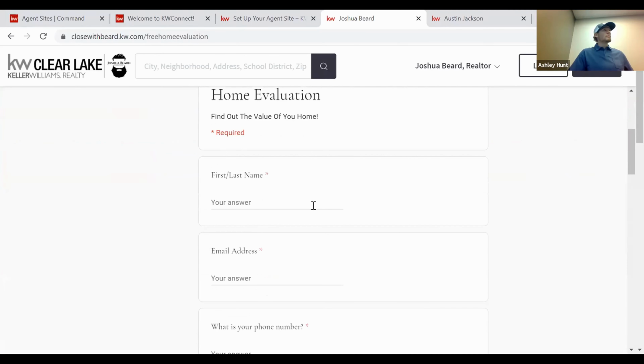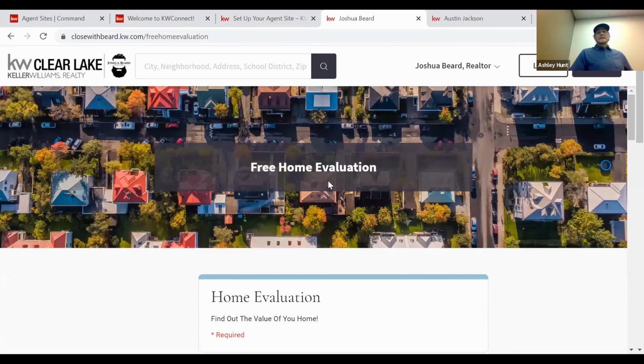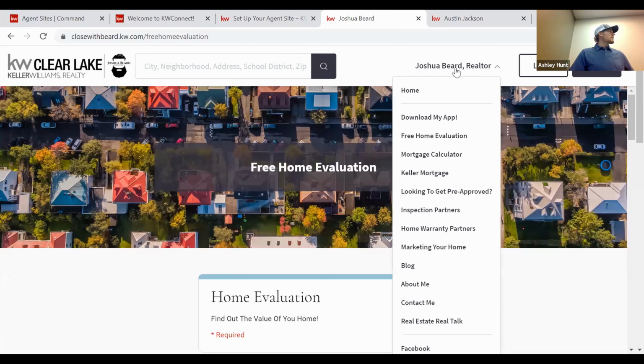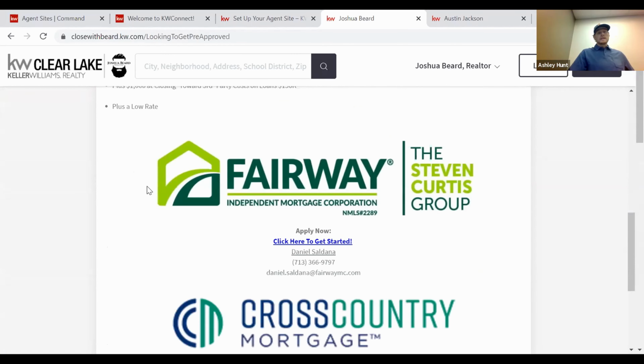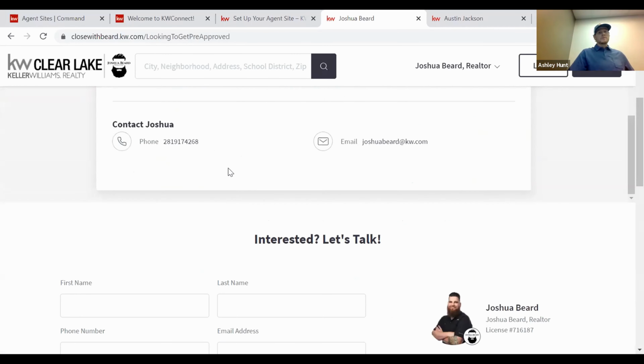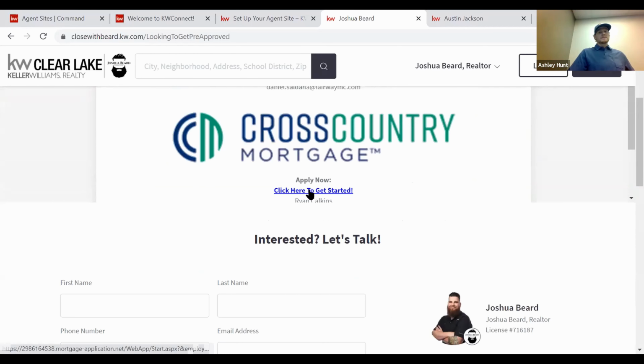So he's got a Google form that he's embedded in here that you can go through and add. He's got a lot of stuff that are beneficial and that are things that kind of add value. However, you don't have to do all this stuff. You can kind of keep it the bare minimum and just use it as like a search place for your clients. But he's looking to get pre-approved. So this is all where he has his pre-approved. So Keller Mortgage, he set up Fairway Mortgage, Cross Country,